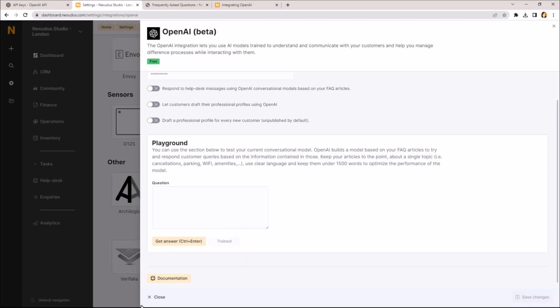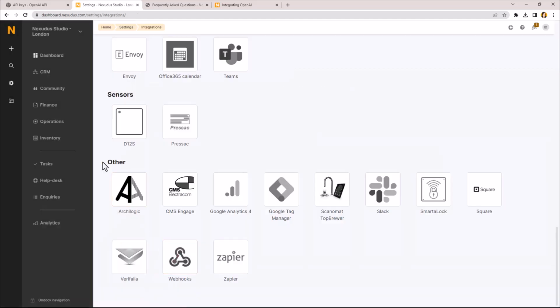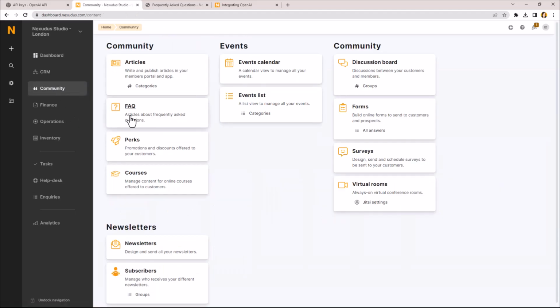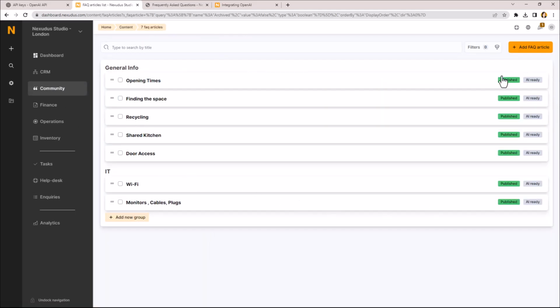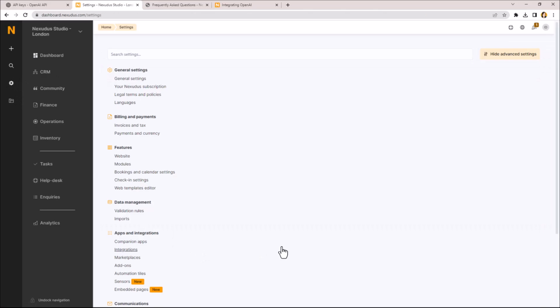Once it says trained here, you can close the integrations page and go back to Community and FAQ to just make sure that all your published FAQs are AI ready. Again, this is a good way to check that all your FAQs are published, as that is required in order to use the integration and then have them available whenever customers ask questions.